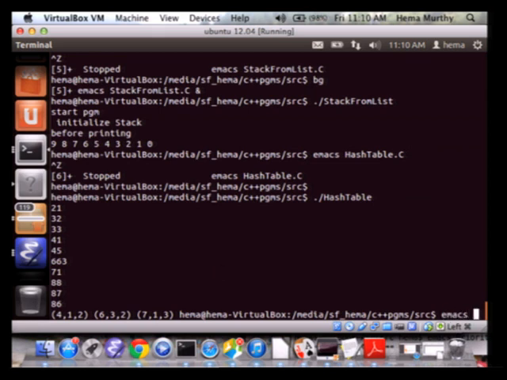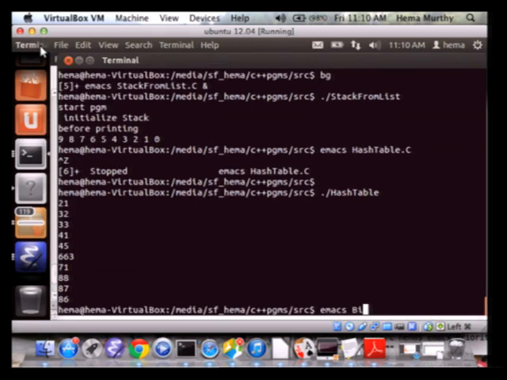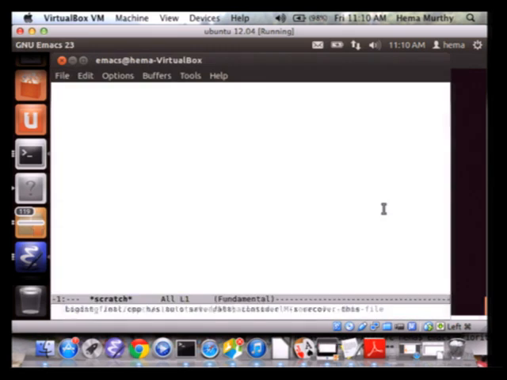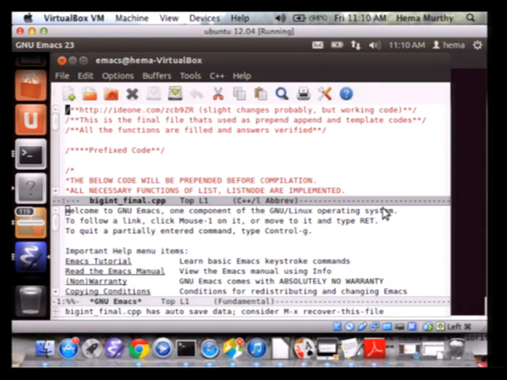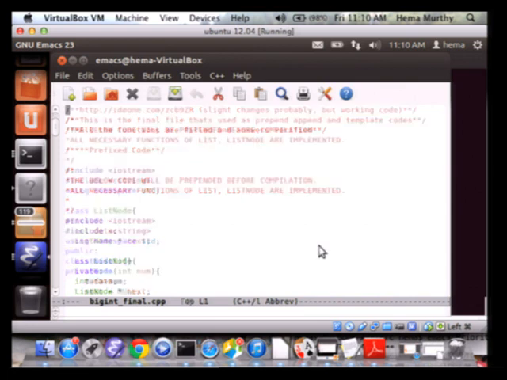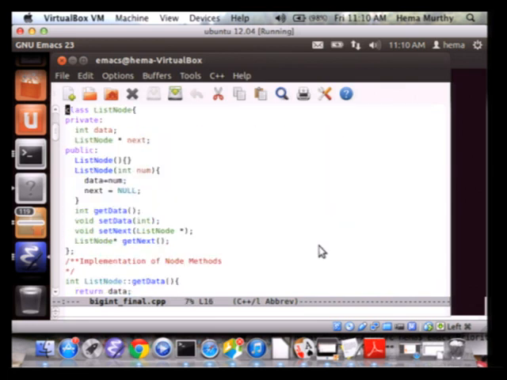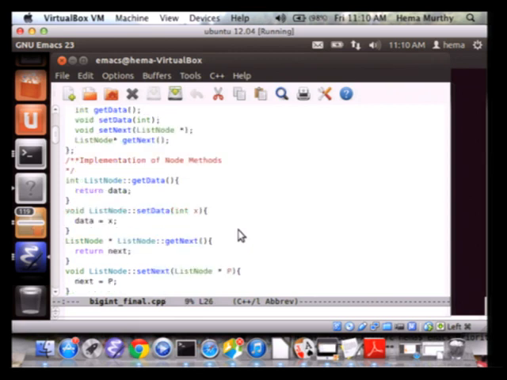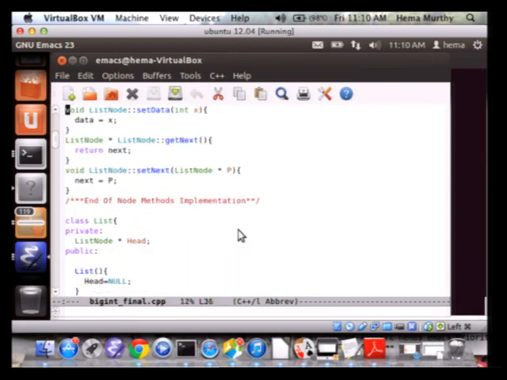Okay, let's look at the big int problem. And we will just see how this is getting done. So what is this big int now? You are asked to find the sum of 2 large numbers. Here again another implementation of the list is given, okay, a different implementation, and you are supposed to use this implementation of list to perform big int arithmetic.